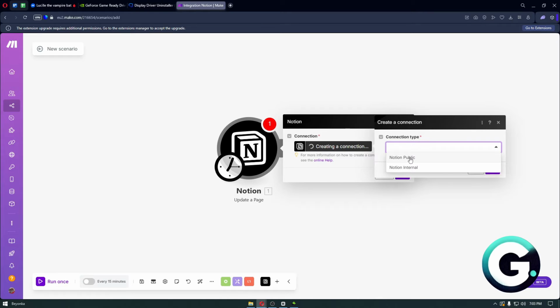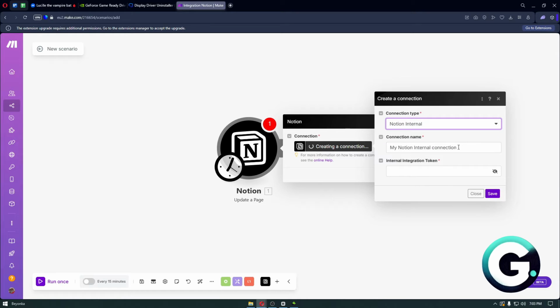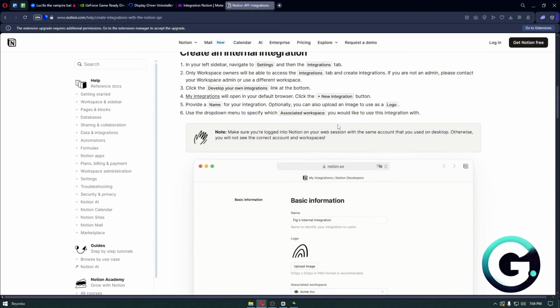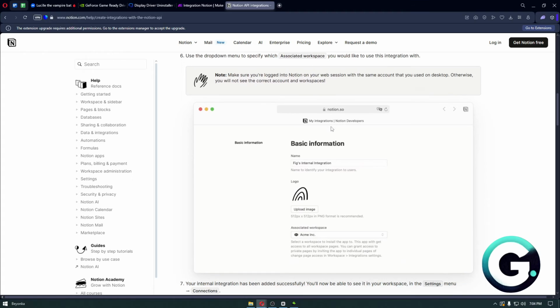And if you have your Notion database public or internal, you can just go ahead and select that right here. And from there, you then want to name this the way you want to, and then you want to paste the internal integration token. So from there, you just want to navigate through your Notion account,